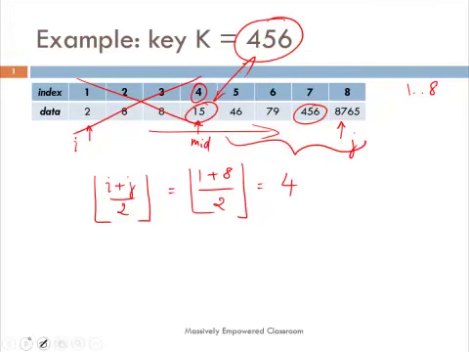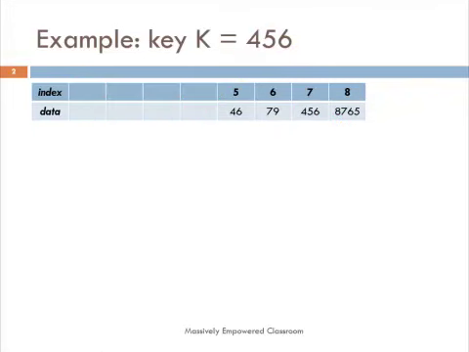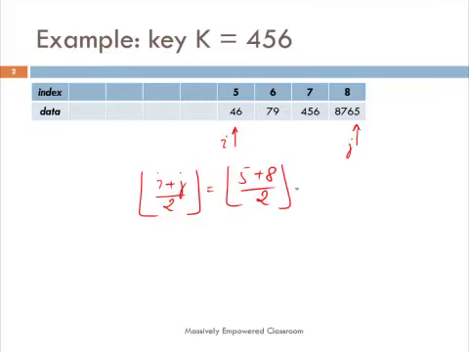So what we do is we only consider the part from mid plus 1 to j for further analysis. When we consider mid plus 1 to j, I now get i equals 5 and j equals 8. Again I compute (i plus j) by 2, floor of that, which in this case is 5 plus 8 by 2, floor of that is 6. So the midpoint is 6.